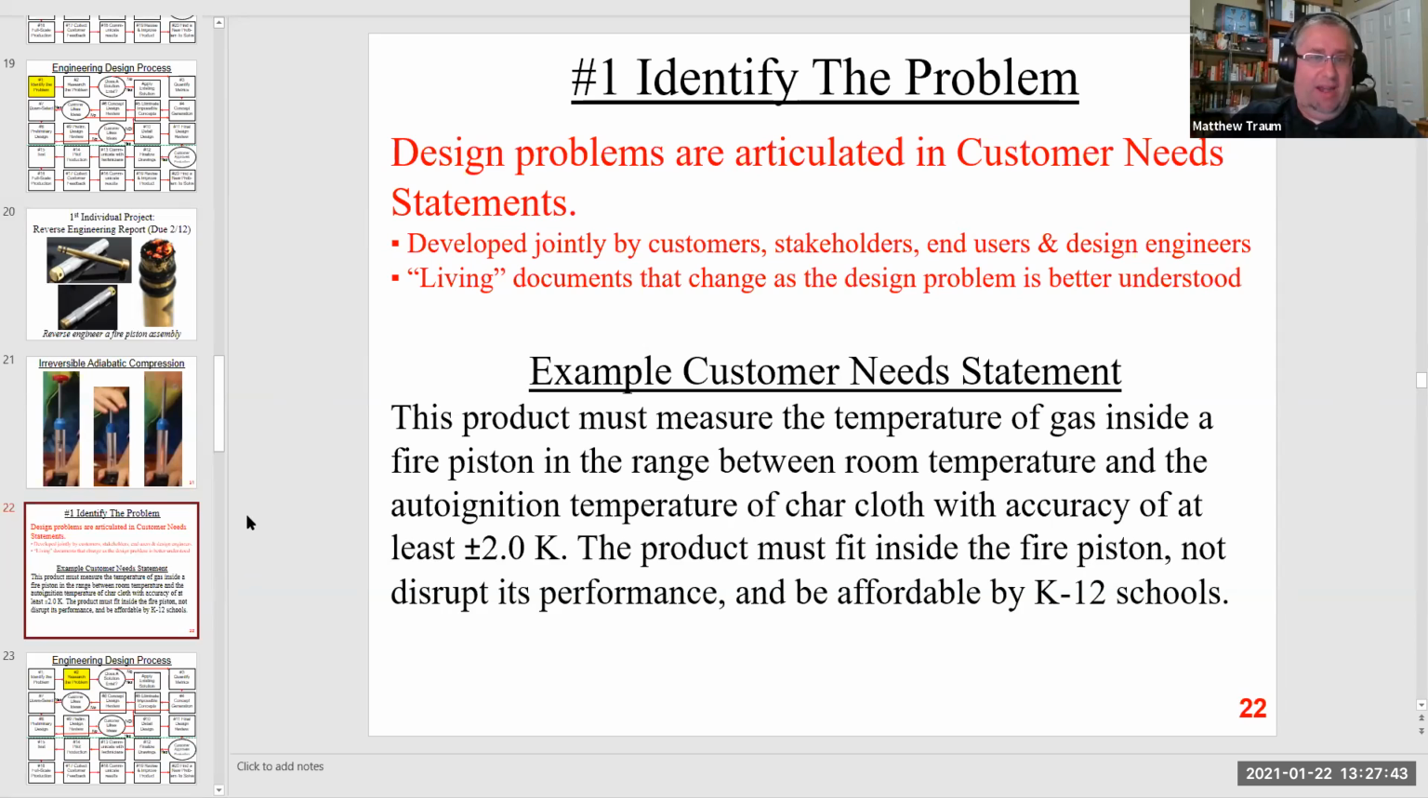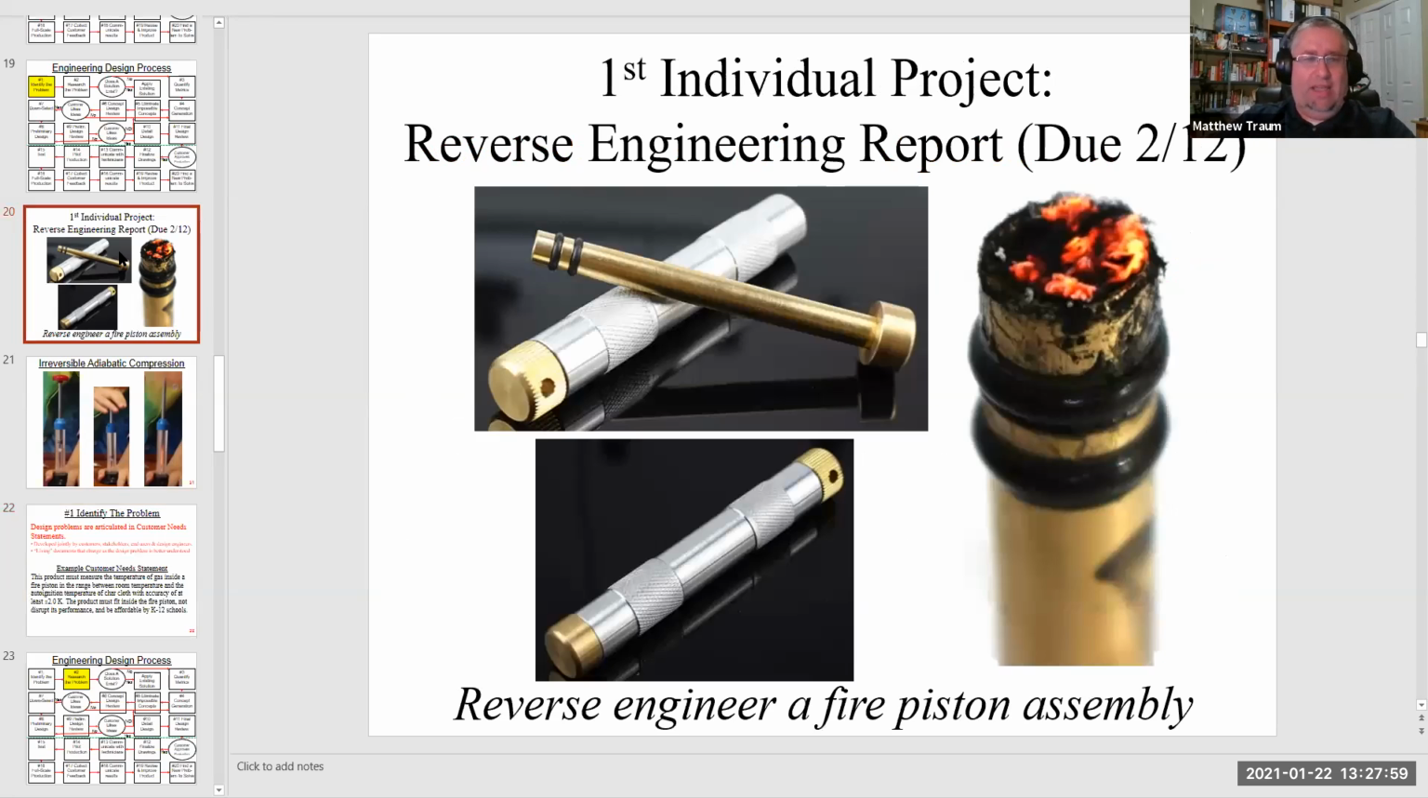So although I try to write a customer need statement that doesn't change, just be aware that it might. And don't look at that as an anomaly or something that's bad. It's just an example of what happens in the real world. And so, good experience for you guys. And so the example that I want to give